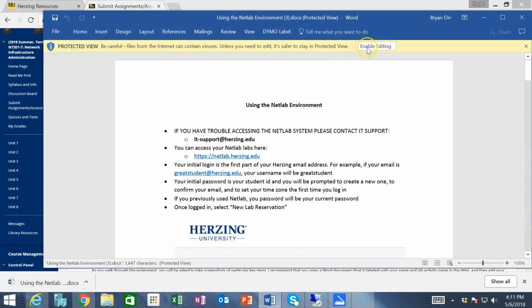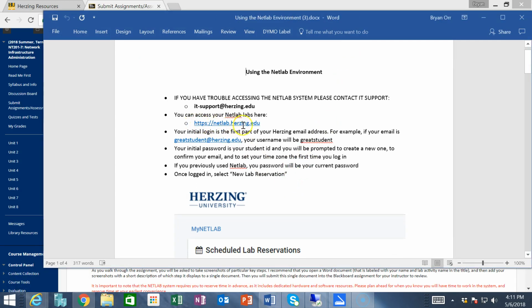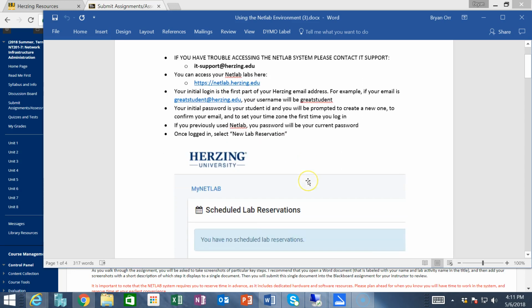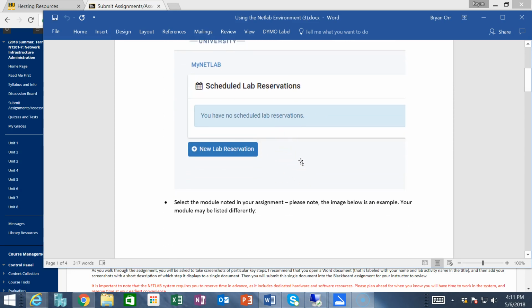This gives you information about logging into NETLAB. Gives you the URL that you need to go to in order to access NETLAB, and then it gives you your initial login information, your username and your initial password, which you'll be required to change. Okay, and there also is some information here about scheduling your lab time, which is something you do have to do with NETLAB. You need to schedule your lab time in advance